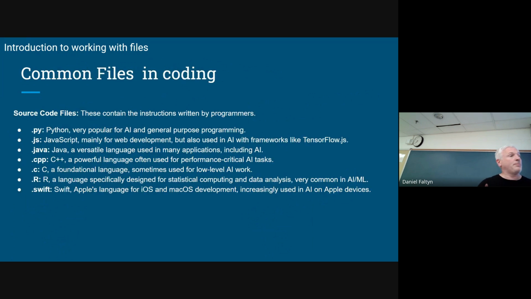You as developers have a special relationship with files that most of the general public won't. That is typically correlated with the language that you're using. So Python will be .py files, JavaScript will be .js, Java will be .java, right? You can put Python code in a file called .c. There's no problem with that. You could put R code in a file called .js. There's no problem with that. What will happen is your computer might get confused, and we'll look at that in a minute.